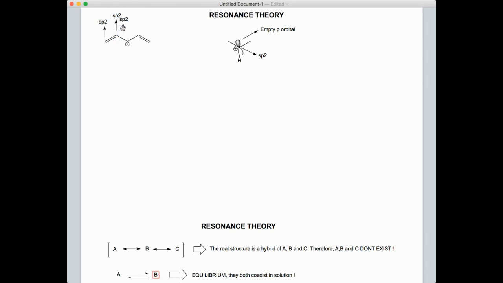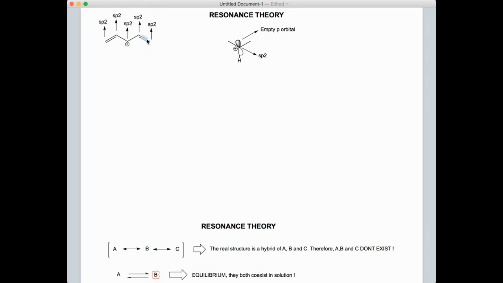Carbocation will be considered as sp2 hybridized. And what about these two carbons? sp2 as well, right? So clearly, this is indeed a delocalized system because we have, in this case, 5 sp2 carbons